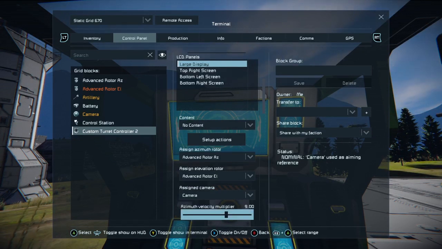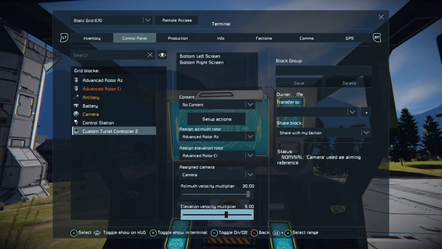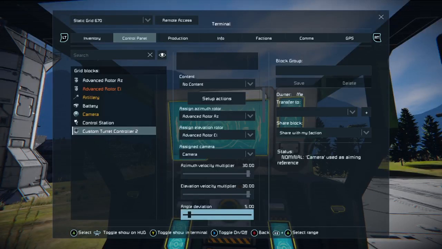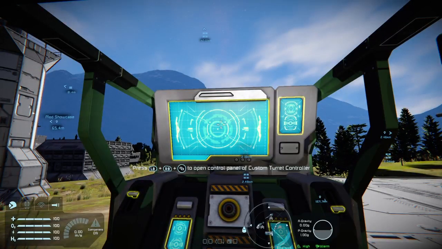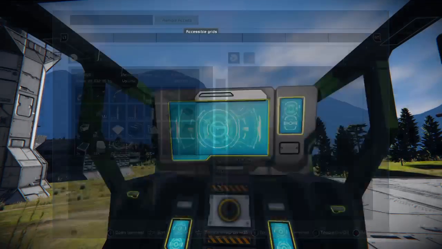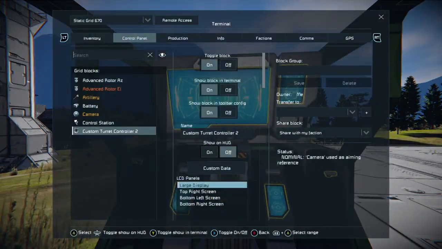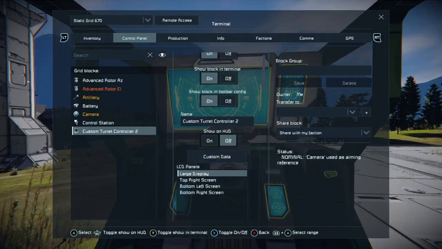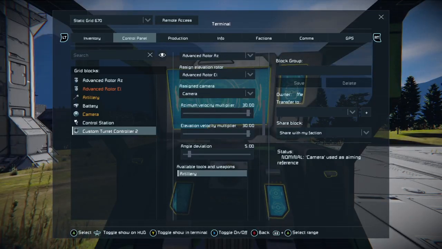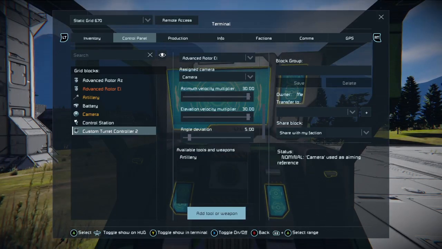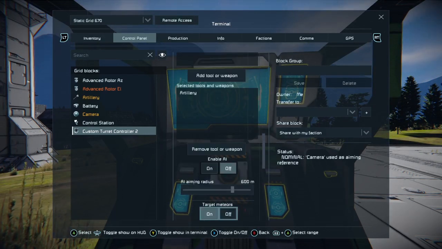You want to pop the azimuth velocity multiplier up to begin with, and you want to then make sure that you select and add your artillery cannon, like so. So it appears down there.